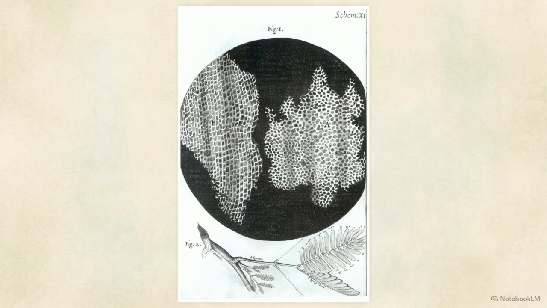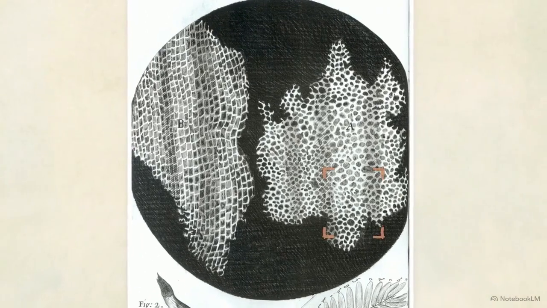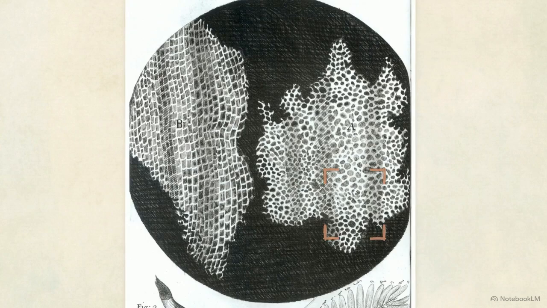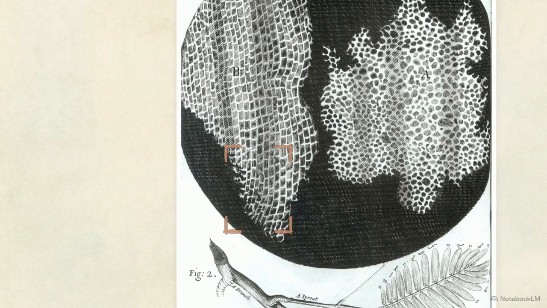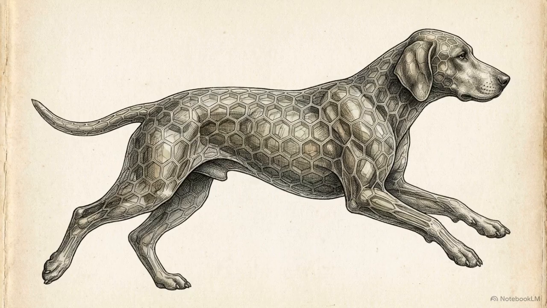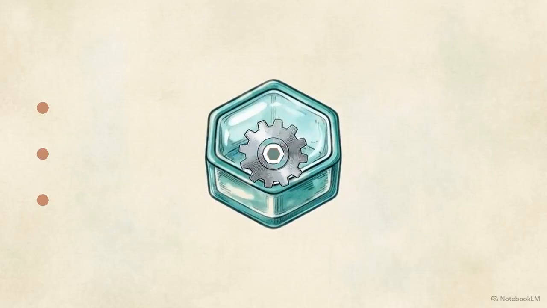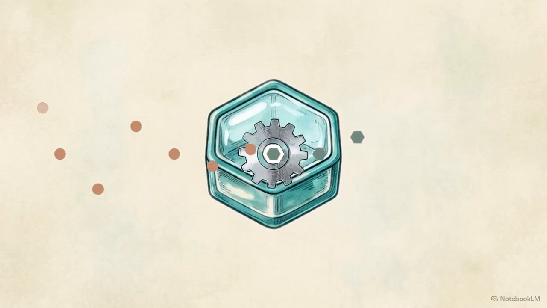While examining a thin slice of cork through a self-designed microscope, he observed that the material was composed of many tiny honeycomb-like compartments. Hooke called these boxes cells, the Latin word for a little room. These units act as the structural bricks for every complex organism, functioning as active, self-contained machines that perform the basic